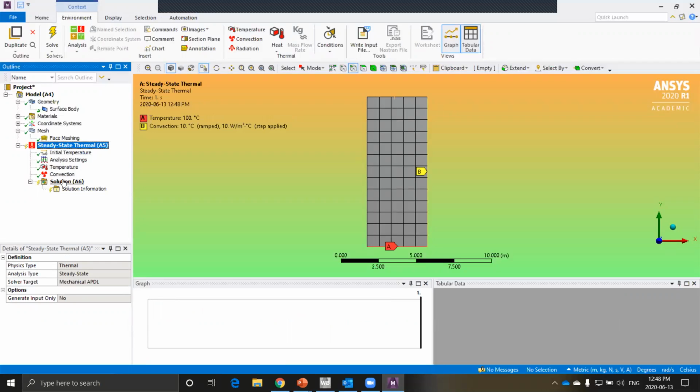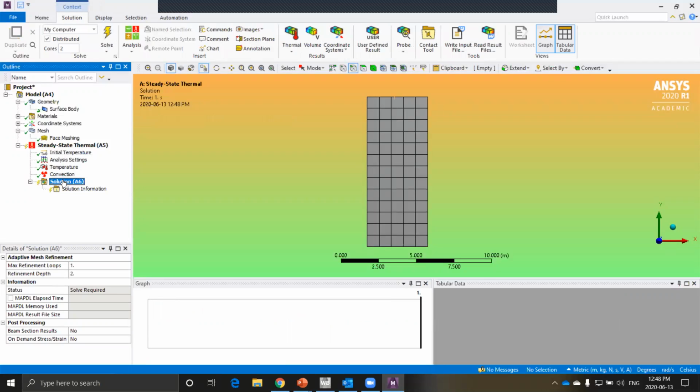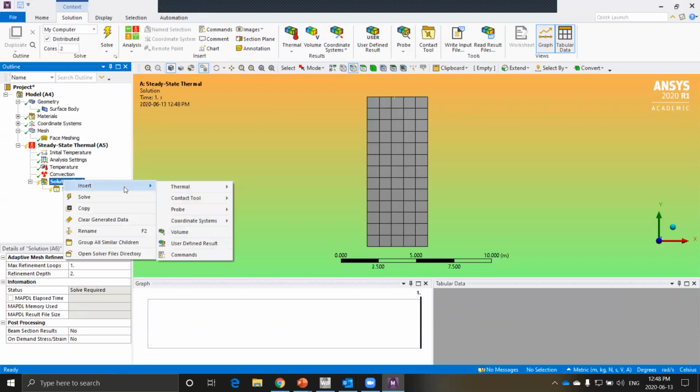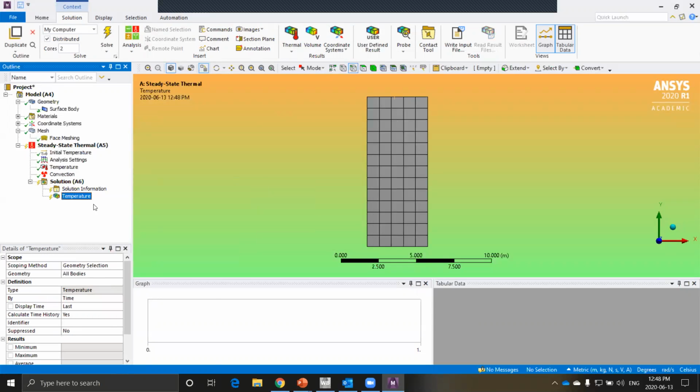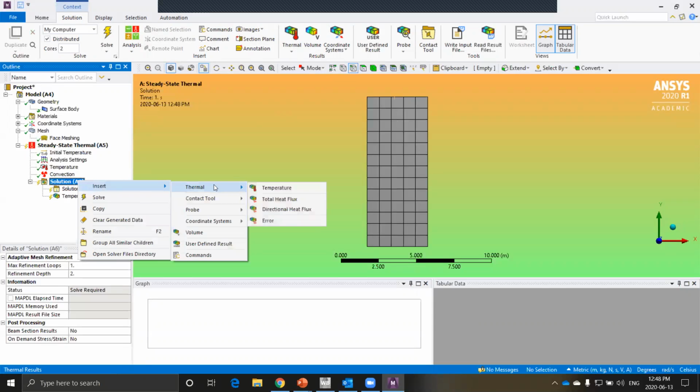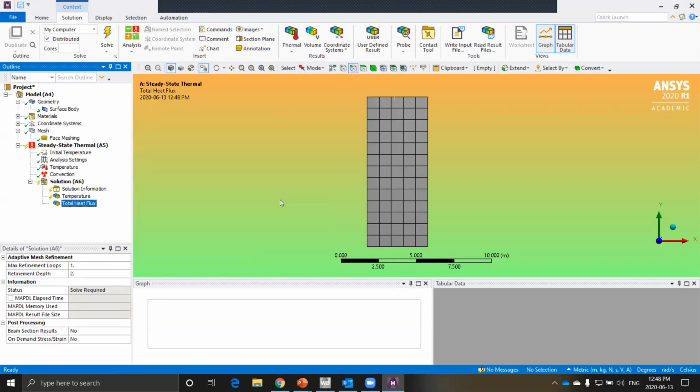But one thing before that is you could right click on solution and insert everything that you are aiming to study. So say I want to look at the temperature. You go to thermal and click on temperature. Say you want to see heat flux, you can click on that.